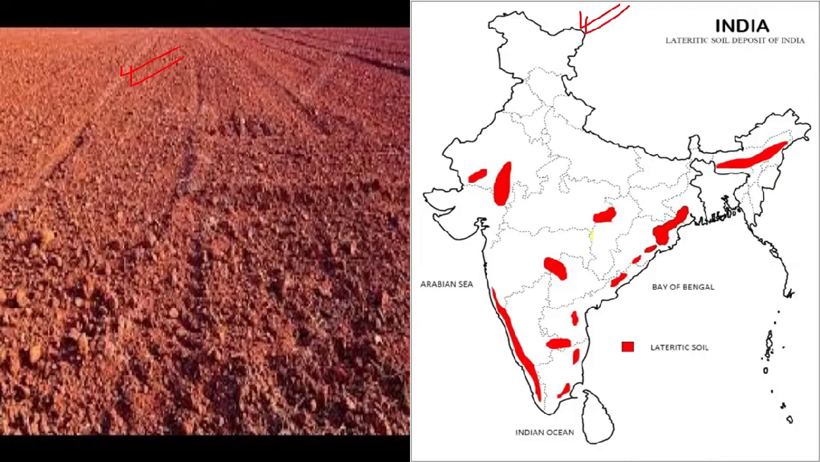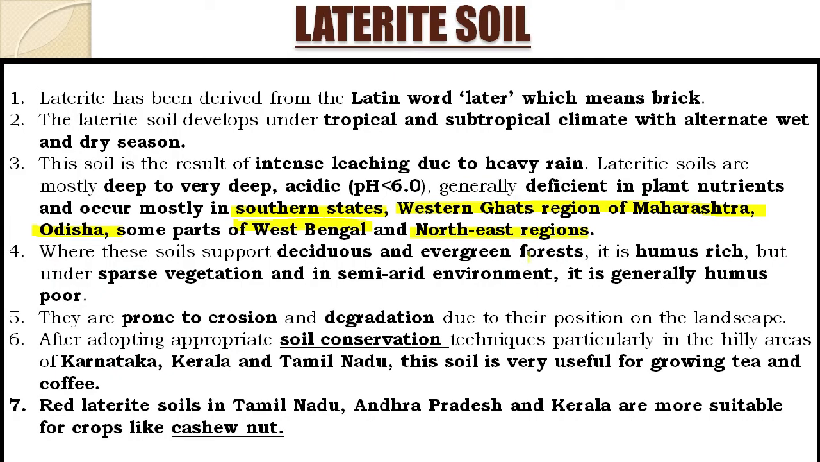Now let's try to identify. These are your southern states. This is your Odisha, West Bengal region, northeastern states, Maharashtra. Clear? This was all about the first distribution, and the second we see after adopting appropriate soil conservation techniques, we can